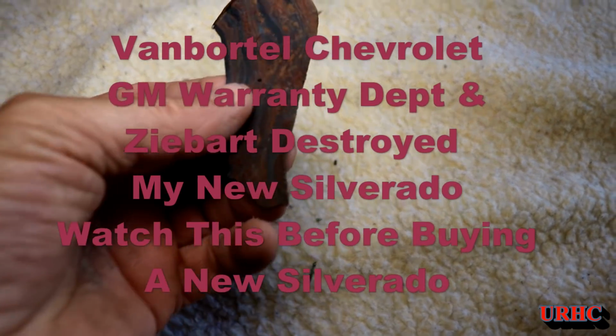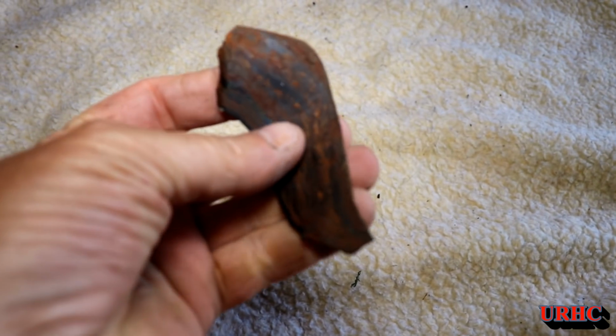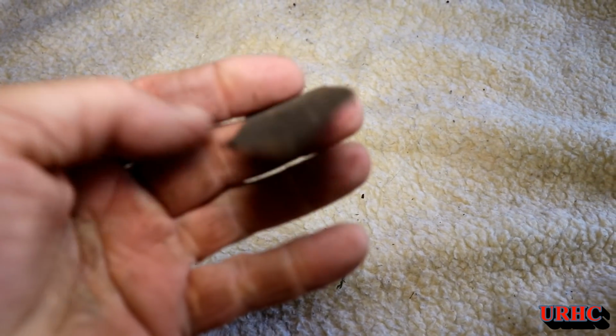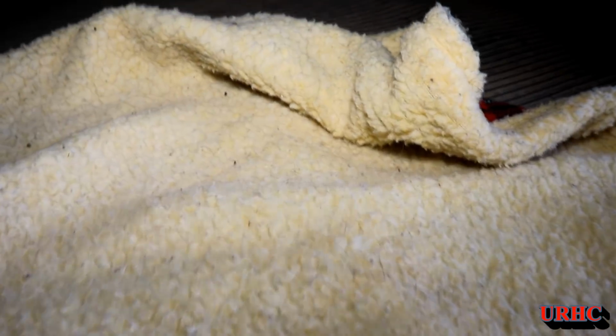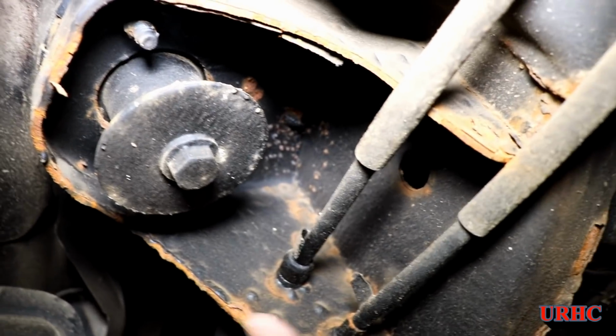Okay, first I'm going to start at the beginning. Back in May, I noticed that there was undercoating coming off the bottom of my new truck. It was just kind of flaking off and rusting from the back and falling off in the garage. So I decided to take a look underneath it and couldn't believe what I saw. Now it's got about 6,000 miles on it at this point, and